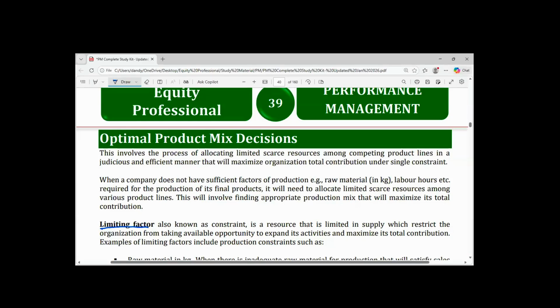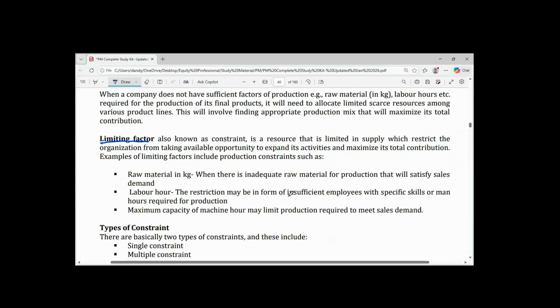Now, for the purpose of manufacturing a product, there are three kinds of constraints that may arise. Like I mentioned earlier, when a company wants to produce, you are going to need raw material in kilograms. So when there's inadequate raw material for production to satisfy sales demand or customer demand, yes, this is a